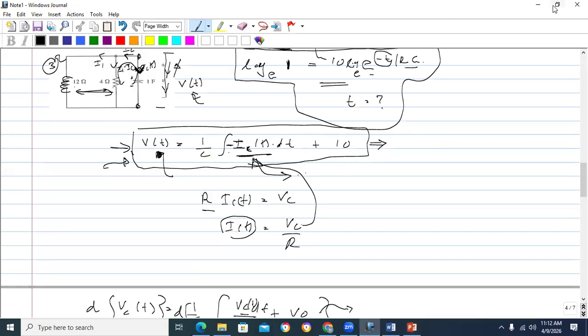I hope you got the answer, no? Is it okay? Yes, if there is an inductor, then it becomes a second order differential equation. So if there is an inductor, you do it in the same way. It is not that difficult. So if the inductor is there,